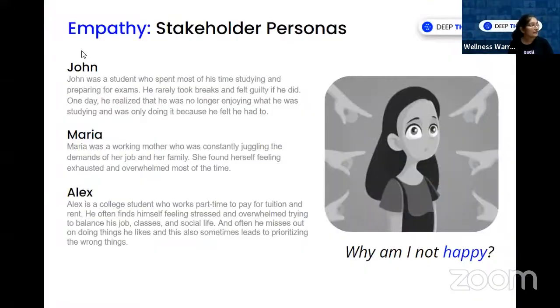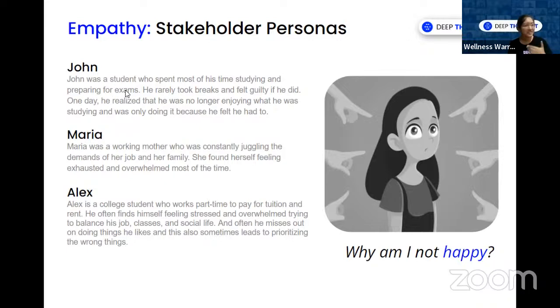So the first thing is empathy: how we are going to empathize with the people, and how we are going to choose the persona of the stakeholders. As I told, we are going to tackle the people who are not prioritizing their well-being over their work and goals. There is a student, John, who spent